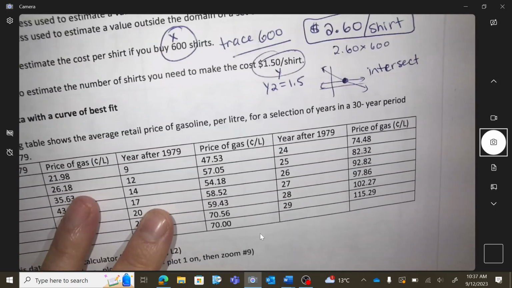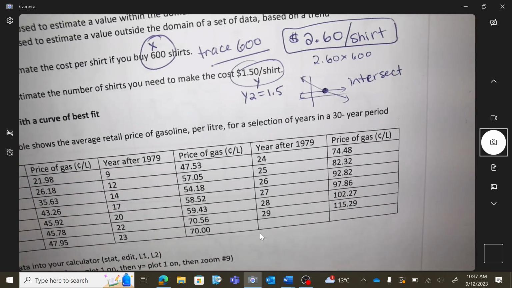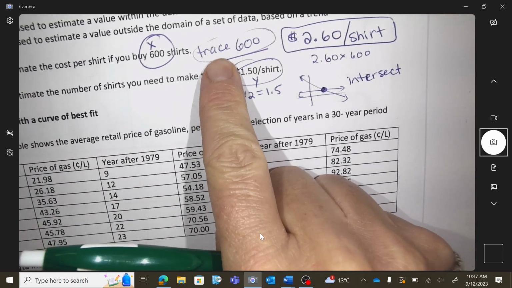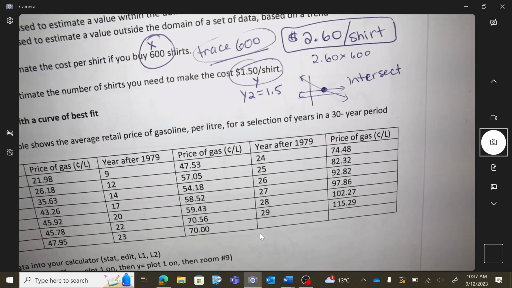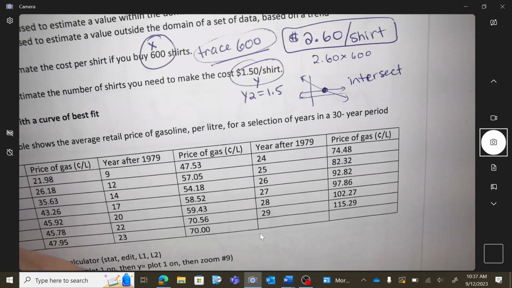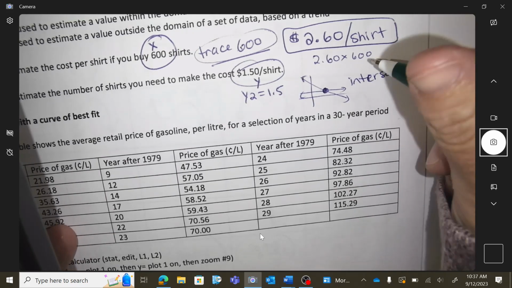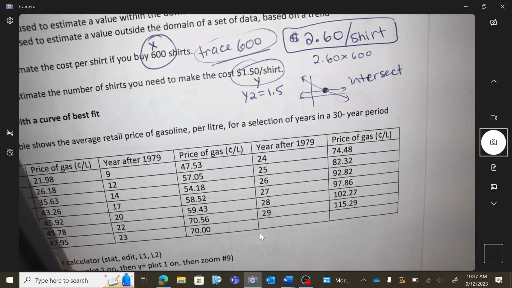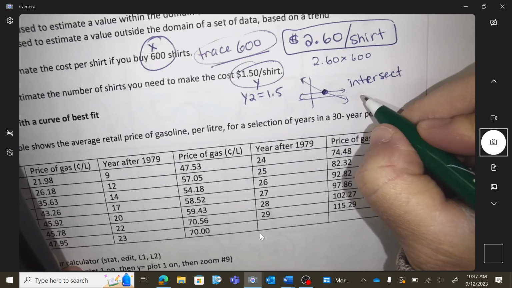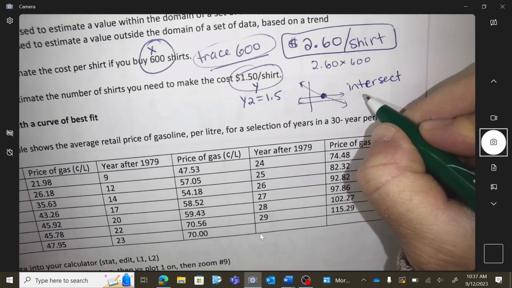So look at me showing my work. In applied, when you're showing me your work, here's my work on this one. Trace 600. That was my work. I'm just going to write trace 600. That was me showing what I'm doing. Where do you find it? In that second trace menu, that calculate menu. So that's all the same as we've been doing. Since this is t-shirts,